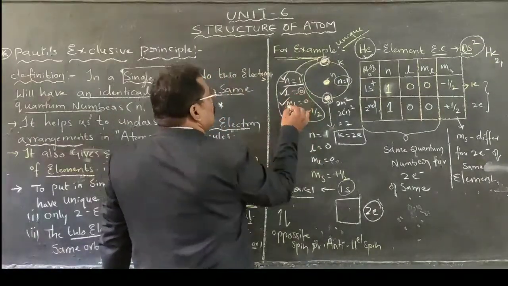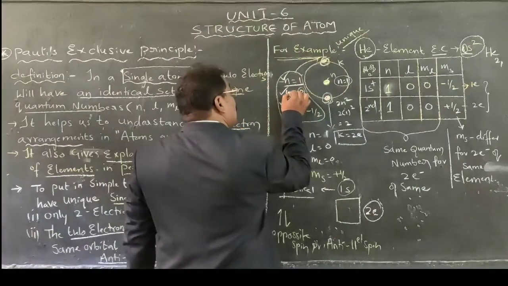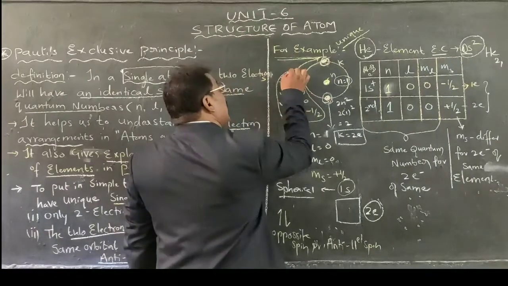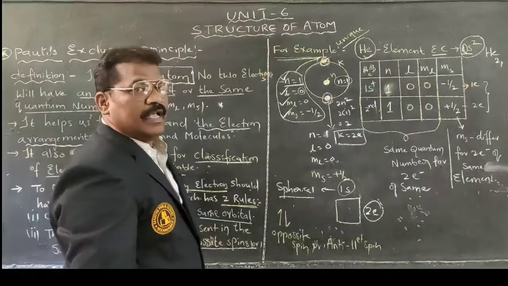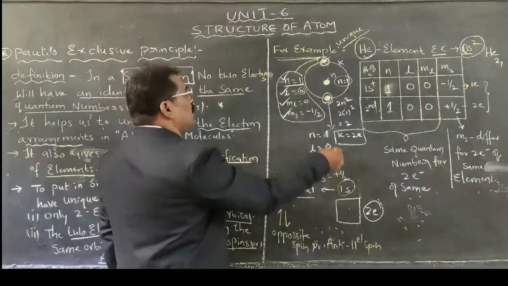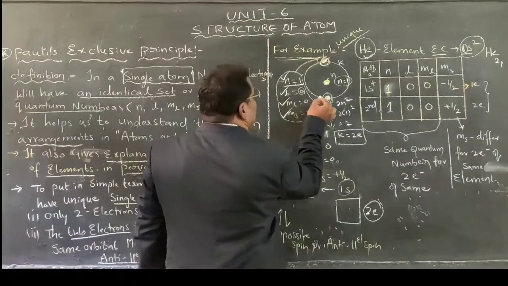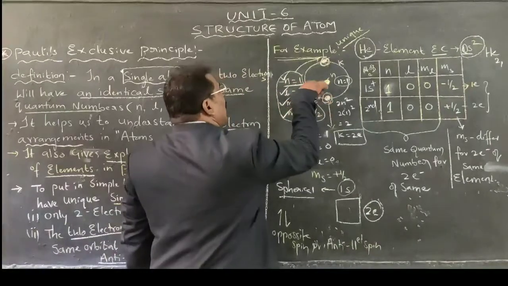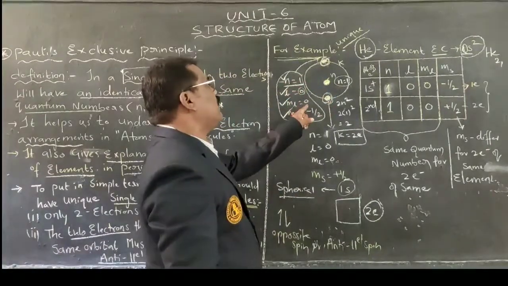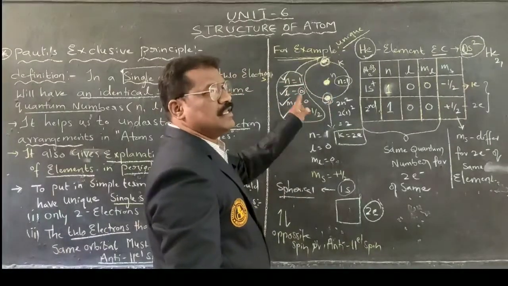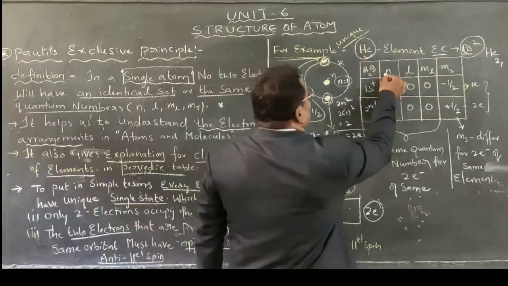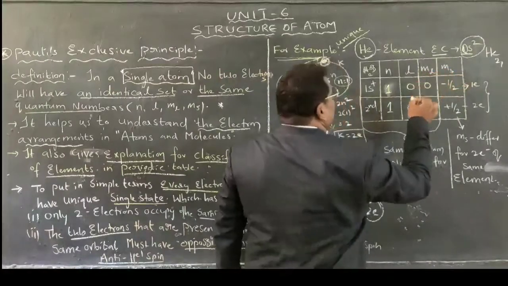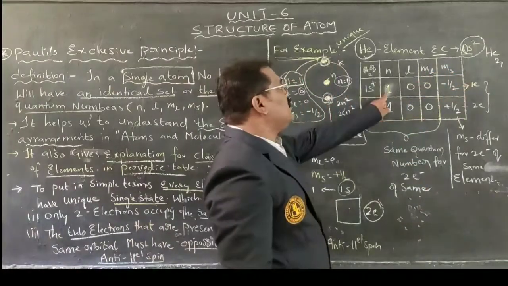If L is equal to 0, then obviously n is 1. The azimuthal quantum number will always be 1 less than the principal quantum number. Yes or no, children? Simultaneously, Ml, the magnetic quantum number, the orientation of the orbital, will be 0, so only one orientation will exist. Therefore, if you take n, l, ml, ms,